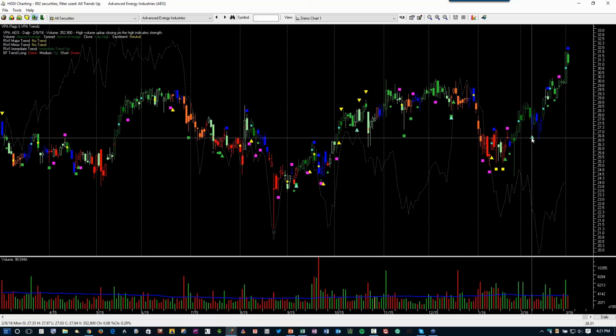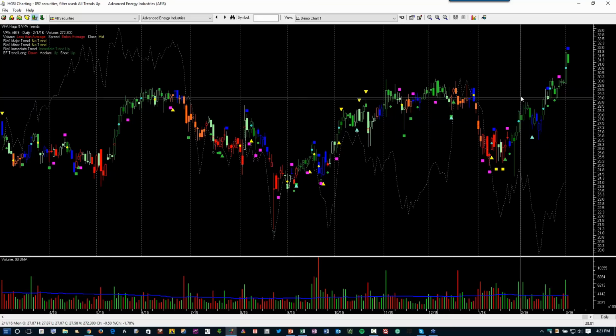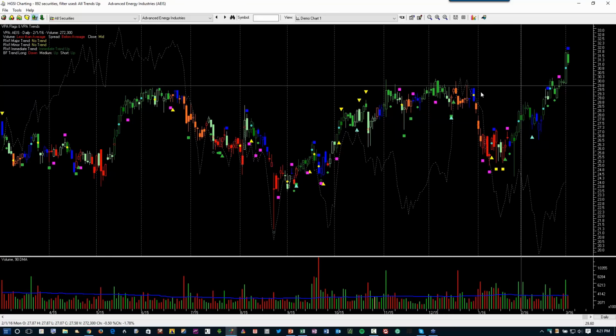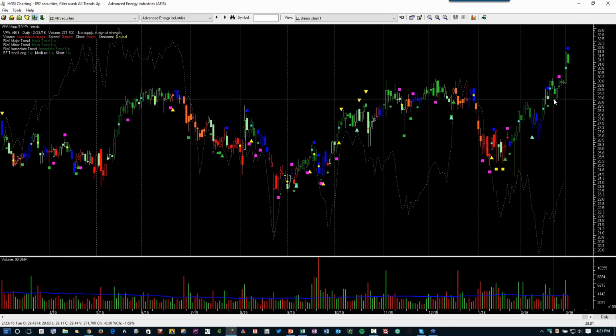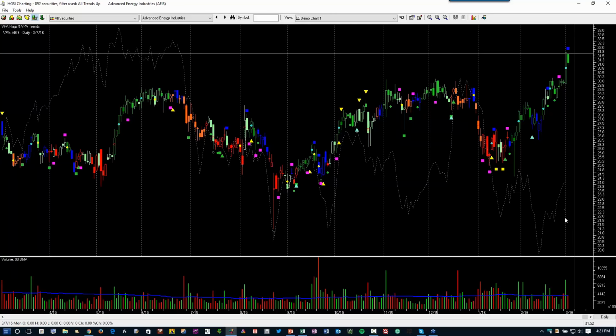There were some VPA signals in the immediate area, and then right here on this effort to rise, it broke past short-term resistance, and then when we get up here, there was another effort to rise, but it was rising into this longer-term resistance, pulled back a little bit, and shows a no supply, which is a sign of strength. The no supply is generated when a stock falls back on lighter volume, and it's in an uptrend, and you can see that here. The volume was below the moving average, and then it turned around and broke up with the support